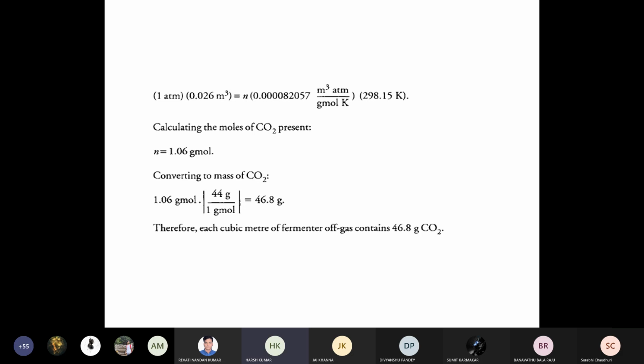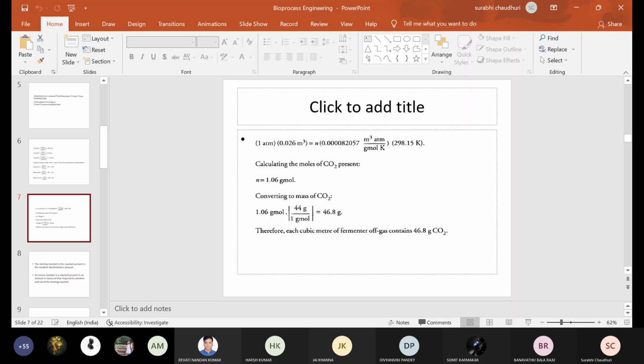Ma'am, one thing, if for the percentage we use not 2.6, but the one calculated by mass, that is 3.9, then what difference does it make in the calculation? If we calculate, tell me. This is very direct. I did not do it in a roundabout way. It's direct that we have.